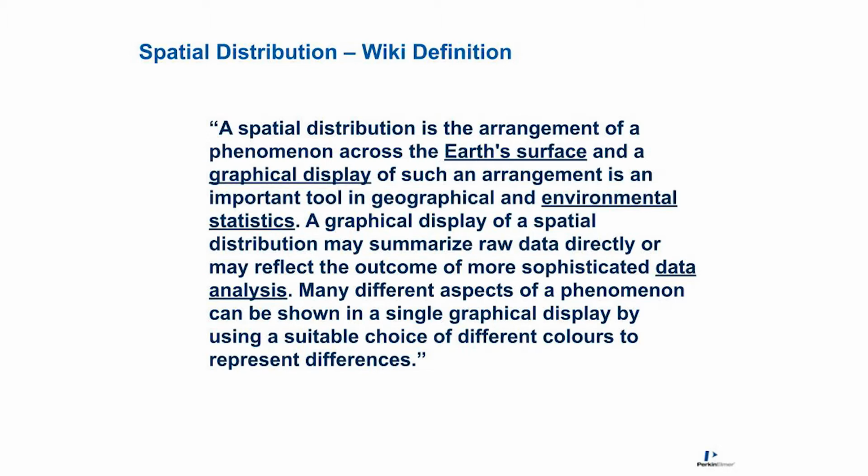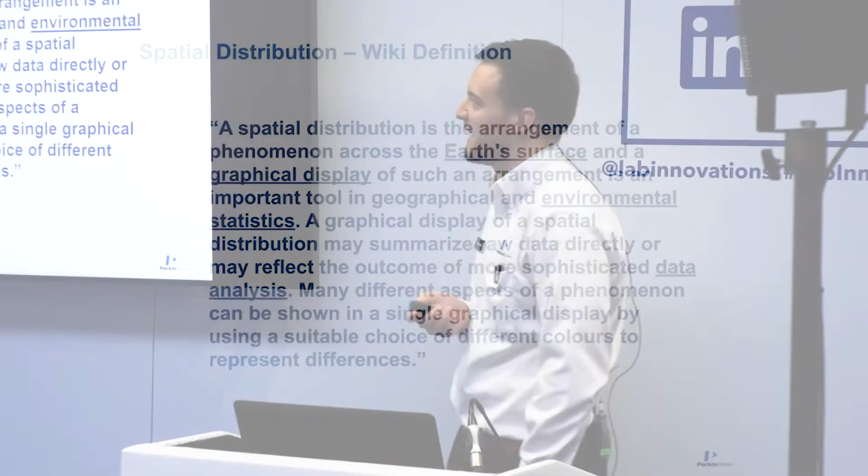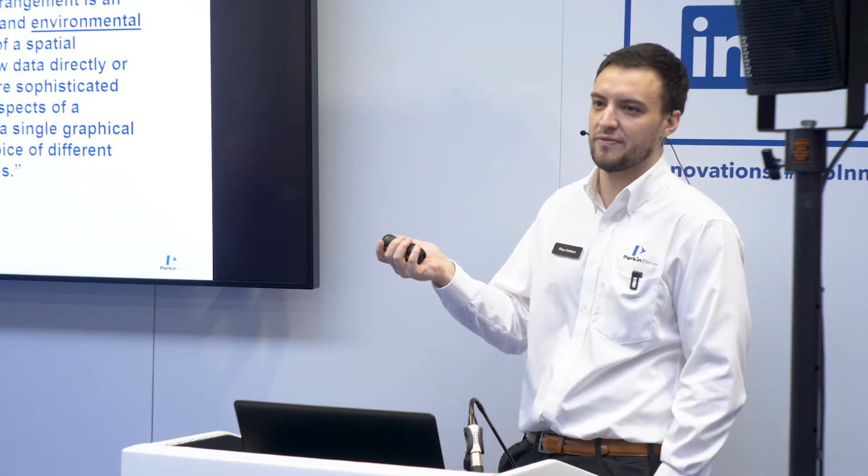A graphical display of a spatial distribution may summarize raw data directly or may reflect the outcome of more sophisticated data analysis. Many different aspects of a phenomenon can be shown in a single graphical display by using a suitable choice of different colours to represent the differences. Again, a bit of a mouthful, but the main things to point out are the Earth's surface